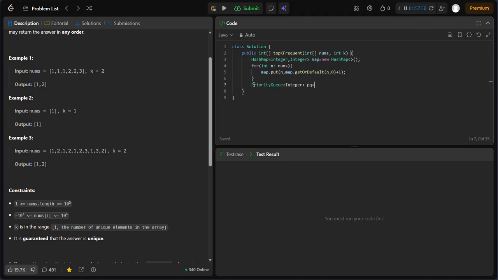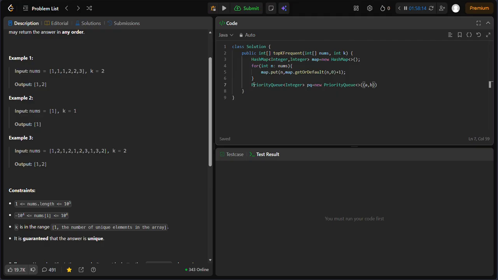Let's name it as pq is equal to new PriorityQueue. And by default it's a minimum heap. So in order to make it a max heap, we need to add extra parameters, that is